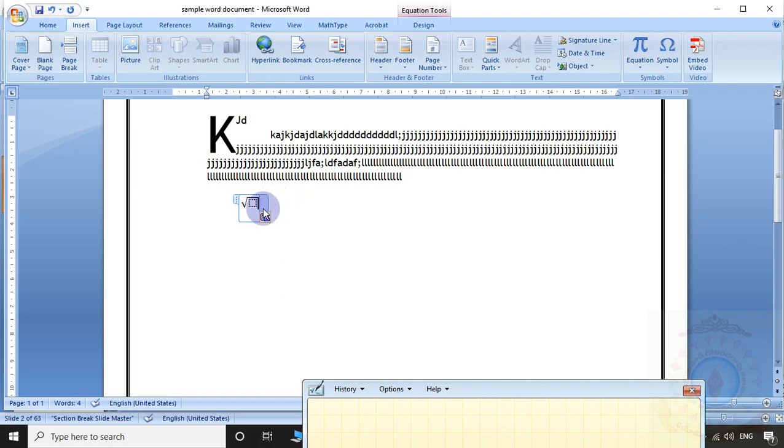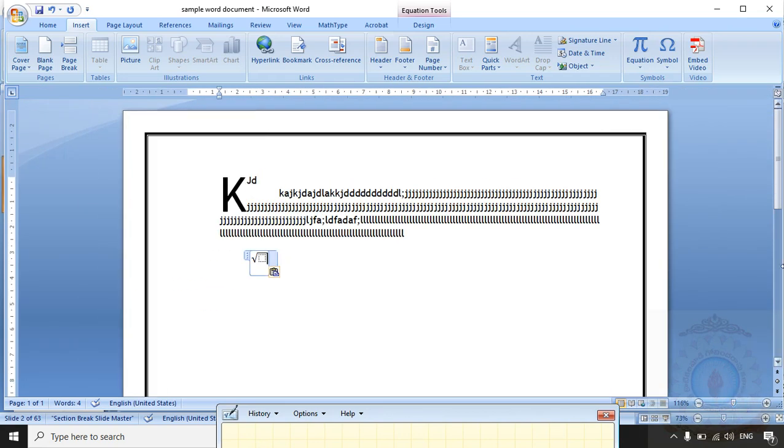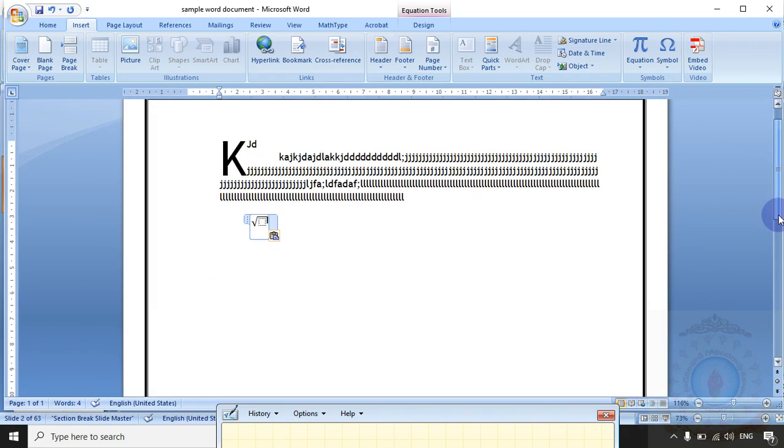Then please observe in the MS Word document, the particular symbol, the square root symbol, was inserted nicely.